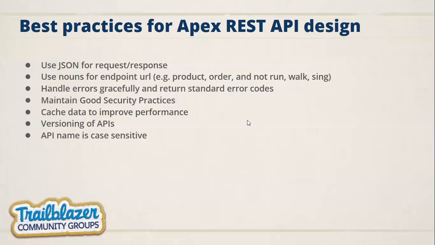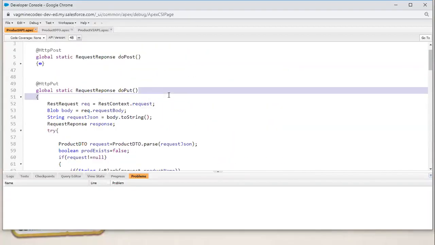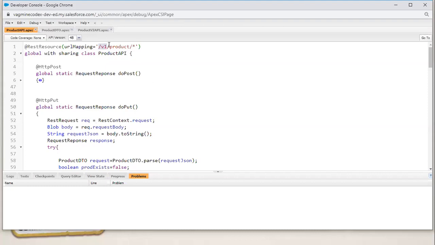In the class, on top I have written /v1/product. So by default, the version will be v1. When a new client says, I need another version of this product API, you create a new class and just put v2 in the URL mapping. So v1 is still working, there is no impact on v1, and the 5 clients who need a new API will get v2/product. They will access this API now. That's why versioning is very important for new clients.